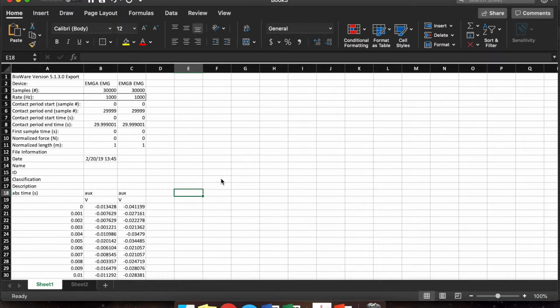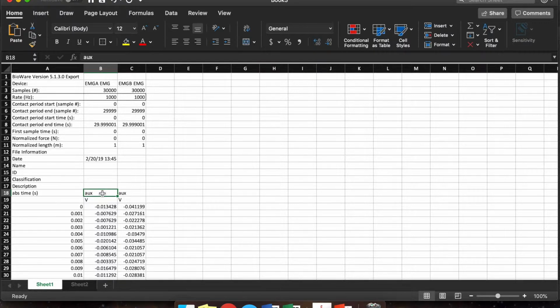So now that our EMG data has been imported into an Excel text file, we can begin to prepare our data to run the FFT analysis. The first thing we're going to do to prepare our data is find out which points are of interest to us, and which points are of the muscle whenever it's activated versus whenever it's at rest. So to do that, I'm just going to run a quick plot of